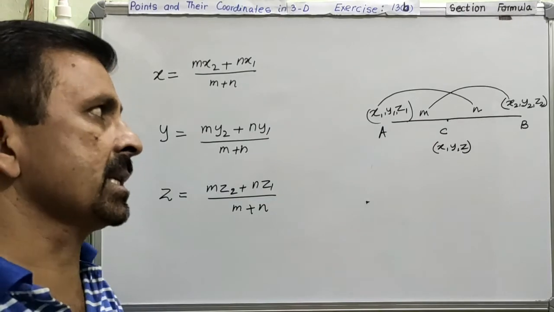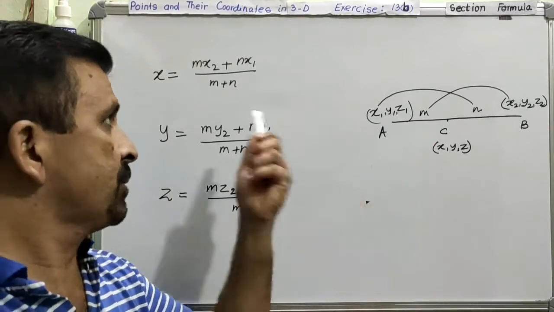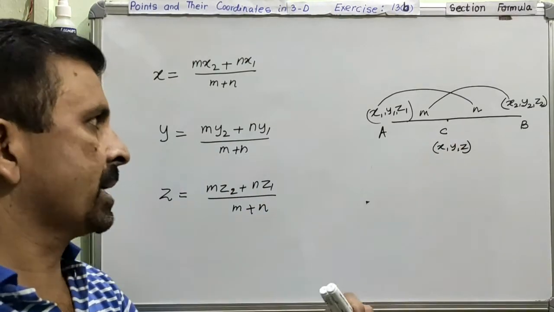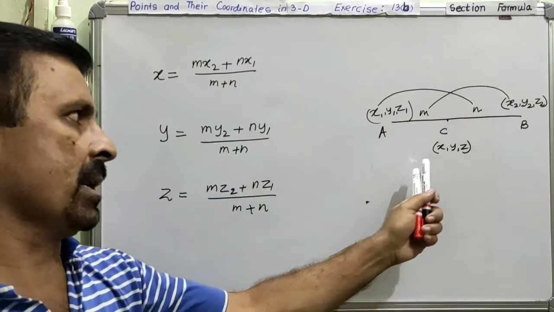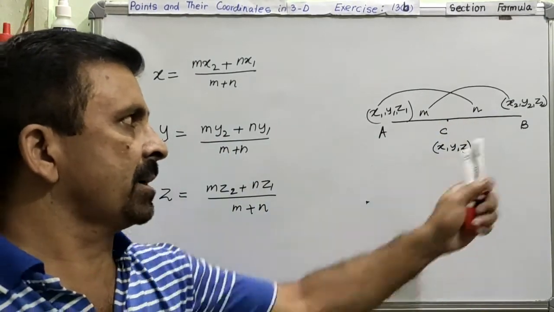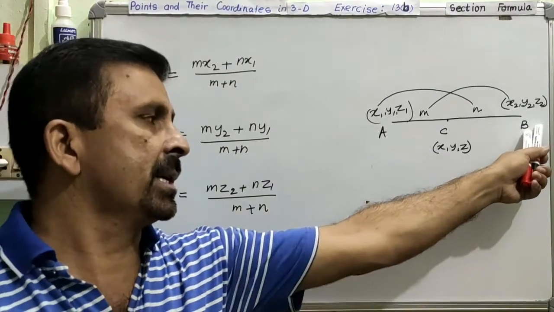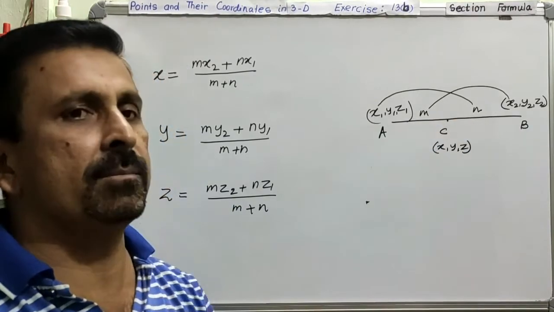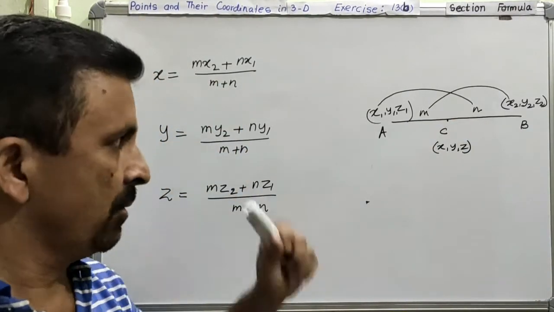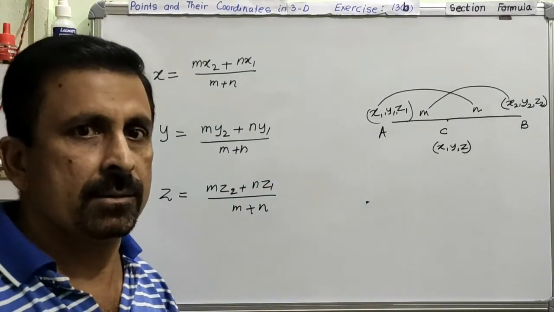Now in this exercise we will have variety of questions, right? Variety of questions means this formula we have derived for calculating the coordinate of C, clear? But this formula is not only meant for calculating the value of C, sometimes the ratio can be missing, sometimes this coordinate can be missing. So if any of the 3 coordinates or the ratio is missing, from the same formula we can calculate. So we will see all the variety of questions and then we will understand the topic.